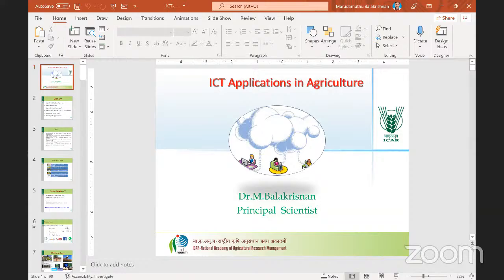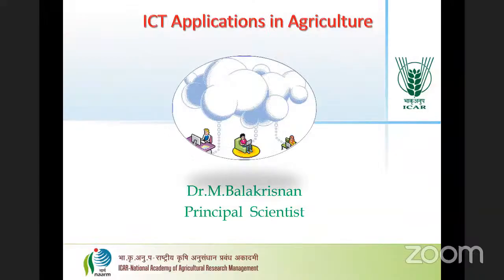So now, what is ICT? First we are going to discuss what we mean by ICT. ICT is Information Communication Technology. What is information? We are getting information from various sources. And communication is how we communicate information through technology. What are the latest technologies? Now the mobile phone is another advanced technology. We are using different types of technology, but mobile is reaching all the people.